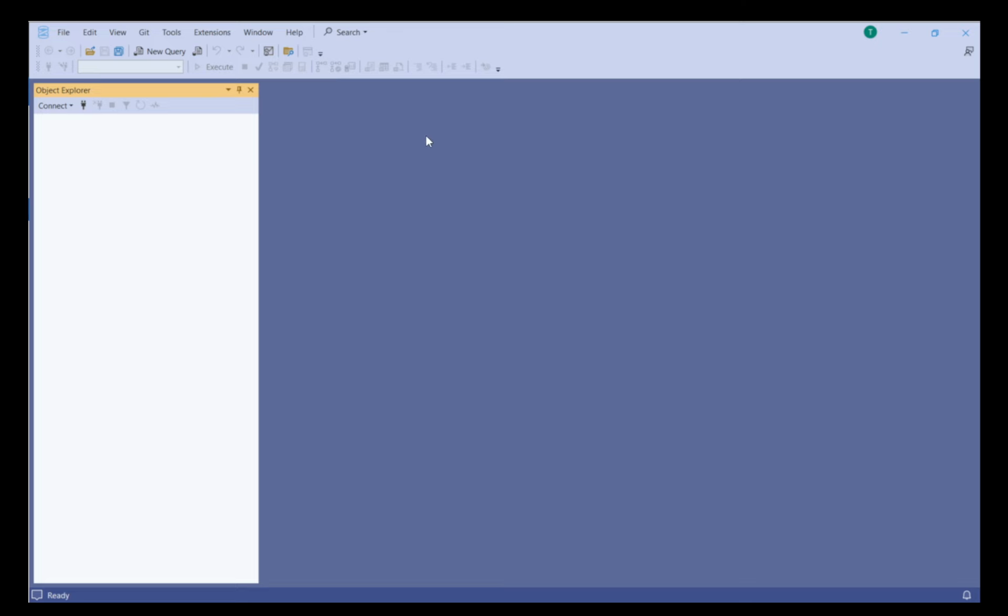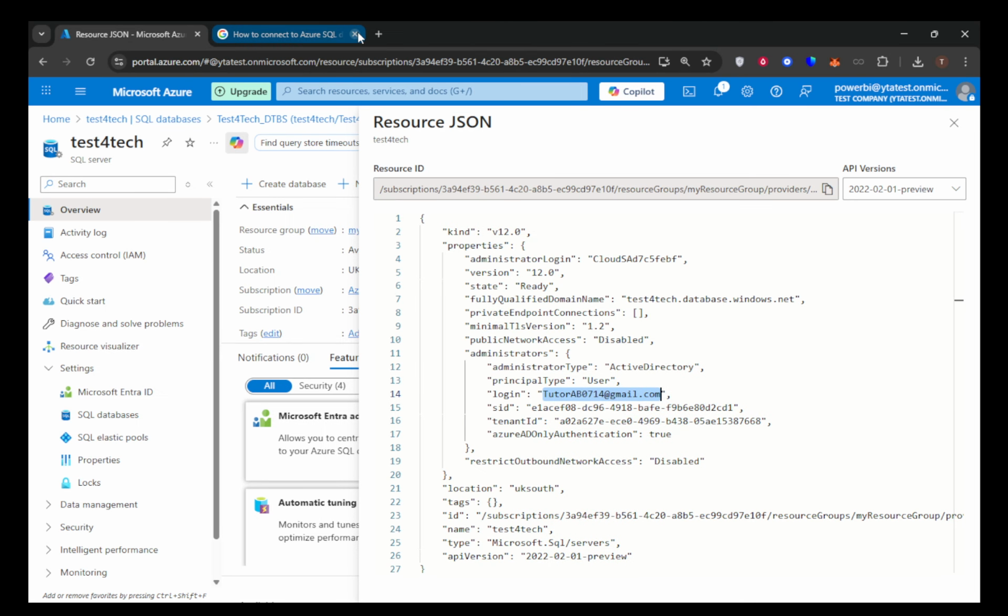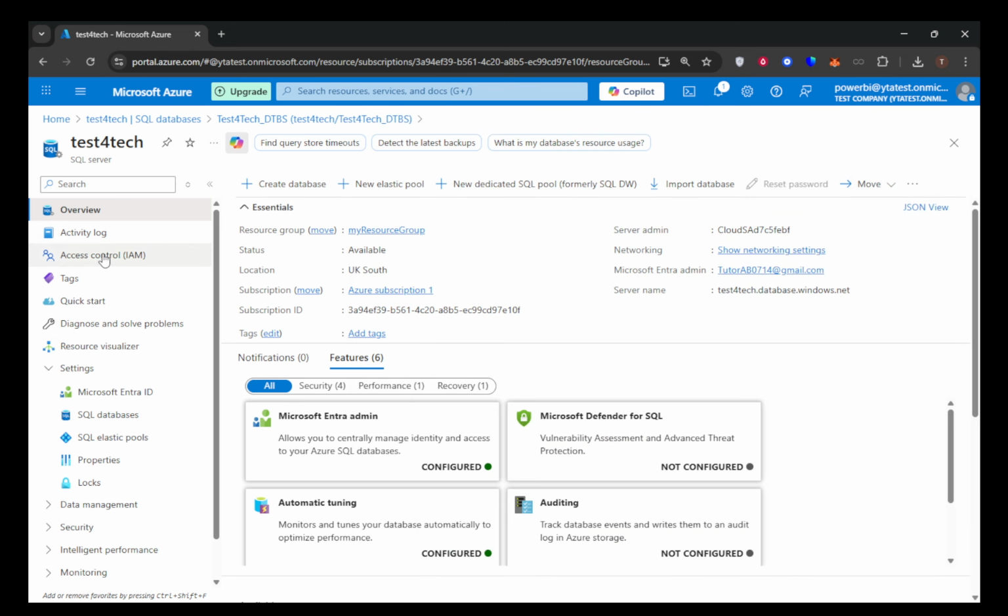Before you even attempt the connection, it's crucial to ensure you have a few things in place. First, make sure that you already have an Azure SQL Server and database created in the Azure portal. Without these, you won't be able to proceed. Next, you'll need to have downloaded and installed a compatible version of SQL Server Management Studio, at least version 18.x or later. This newer version supports modern authentication, including Azure Active Directory and multi-factor authentication, which is necessary for connecting